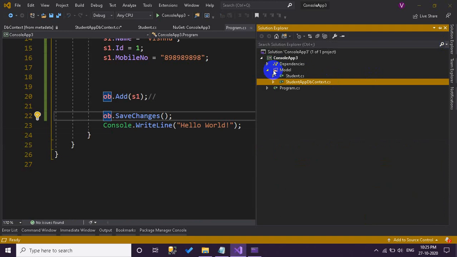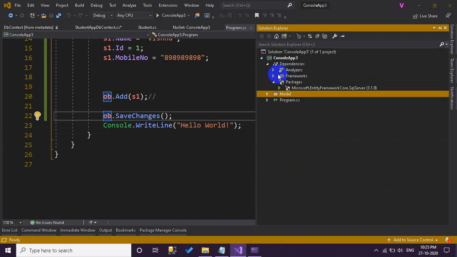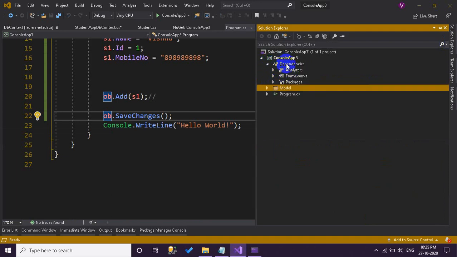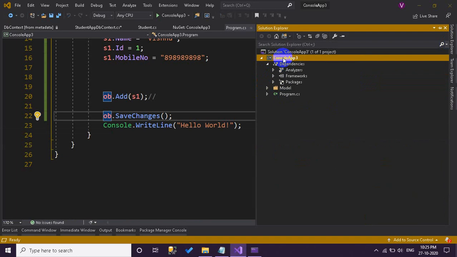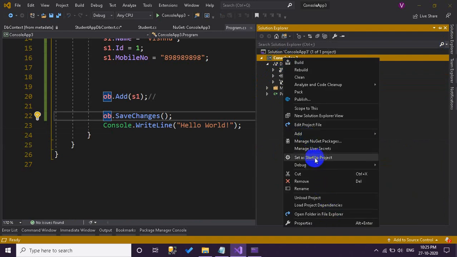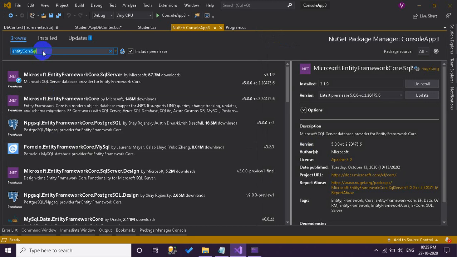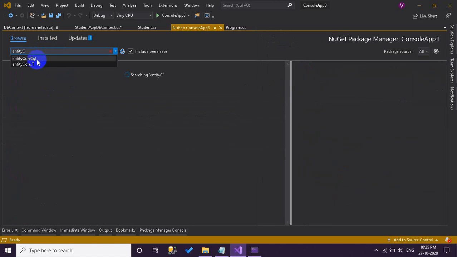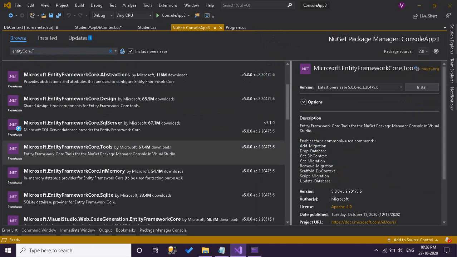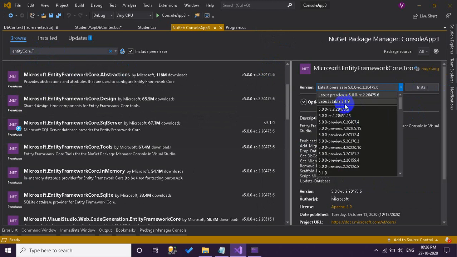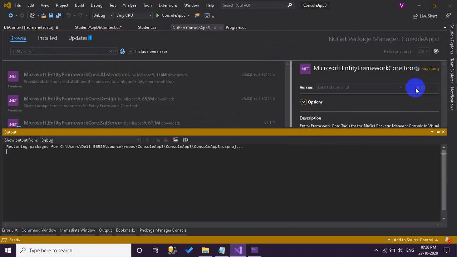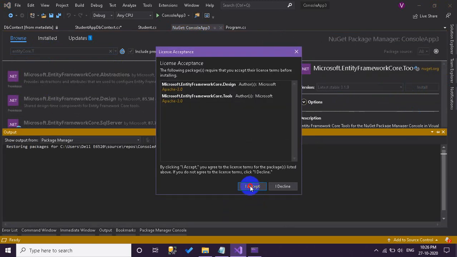Maybe we have to install some supporting packages also. Let's right click our project, go to the NuGet package manager, and select Entity Framework Tools. Just install the latest version of the tools, accept.